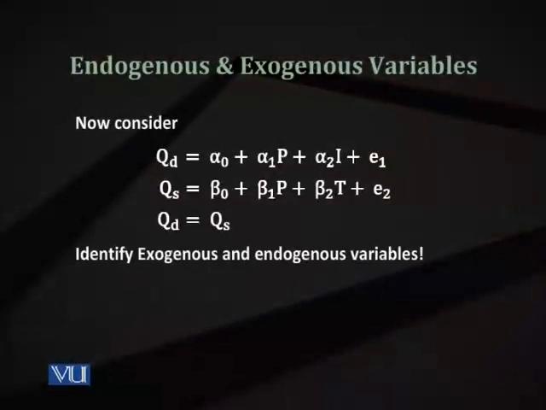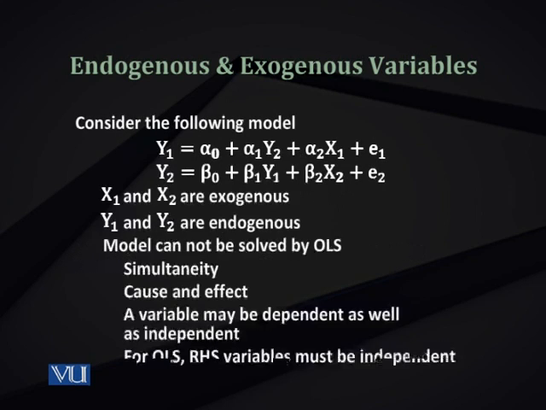Now consider the market model. You know, quantity demanded and supplied are determined simultaneously. If you have a free market, the demand and supply interaction gives you the market equilibrium price. So let's try to identify what is endogenous and exogenous, because in the previous model, which you saw just now, you may think that the variables on the left hand side are endogenous. So you had two equations for y1 and y2. We said that y1 and y2 are endogenous, and the rest are exogenous.